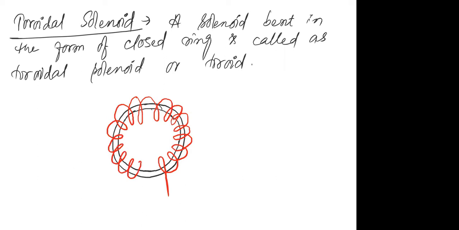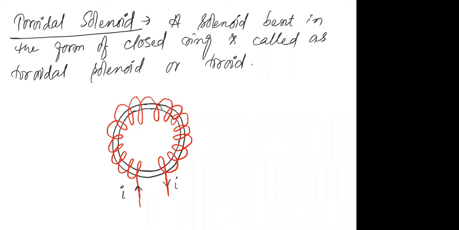The shape of the solenoid will also be a closed ring, and this closed-ring-shaped solenoid is basically called a toroid. Means if you wind a solenoid on a ring such that you get a closed-ring-shaped solenoid, then it would simply be called a toroid, right? I hope you understood this. Let's say a current enters here and comes out from here, then you will again get the magnetic field in the core of the solenoid, the way you got the magnetic field in a long solenoid. In the same way you will get the magnetic field in the core of the toroid also.